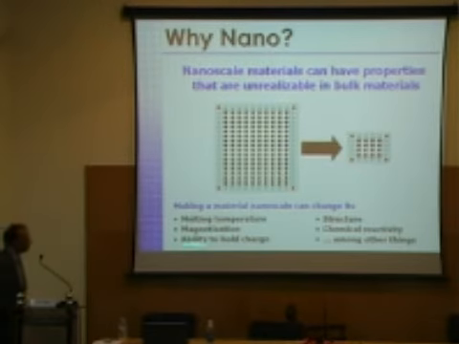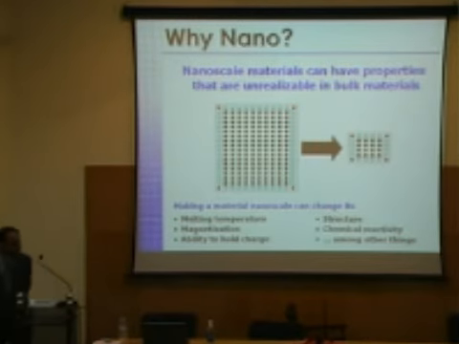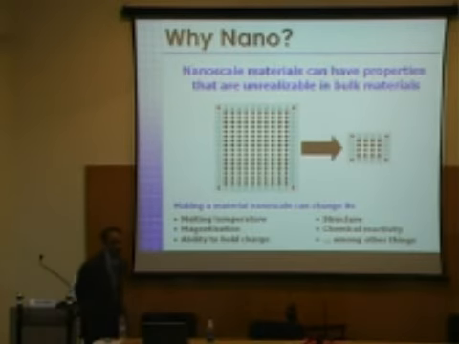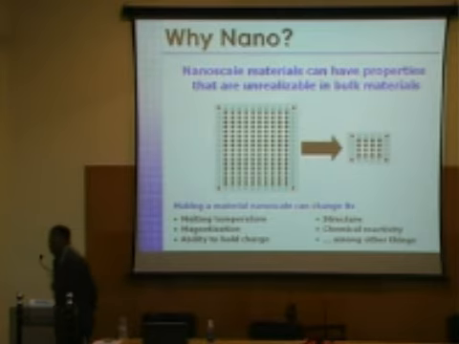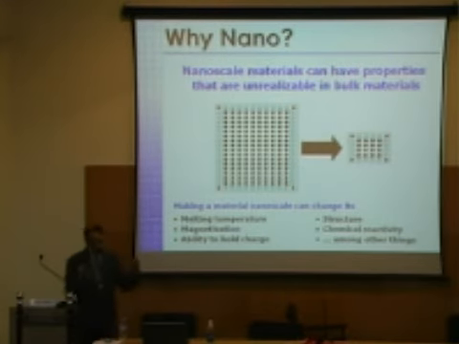And the ability to hold charge, the supercapacitor effects, and the structure, the entire bulk structure, if you try to go to the nanoscale, we find the appearance of very different types of structure. Chemical reactivity is very different for the nanoscale compared to the bulk. In a way, there is a day and night difference between the bulk and the nanoparticles, and that's what excites us, to make the bulk materials and also the nanoform and compare and contrast the properties to see what we see and what we don't see.